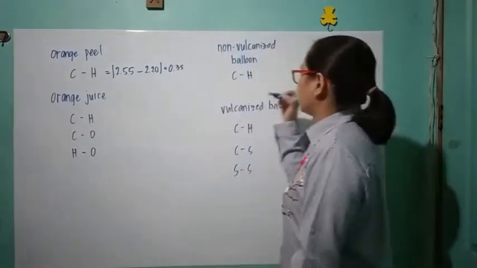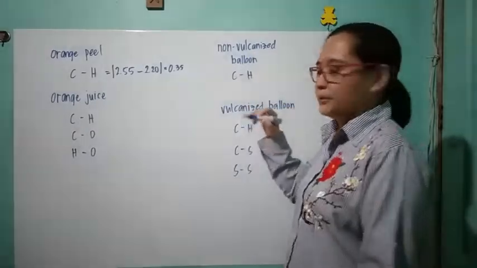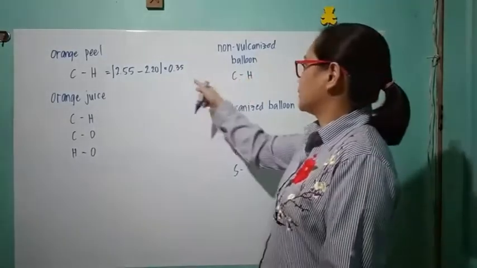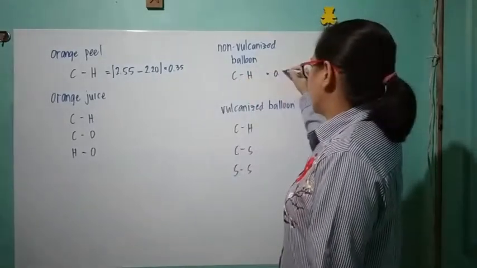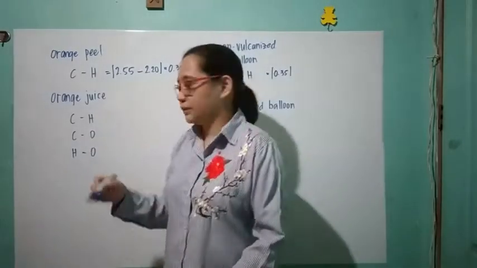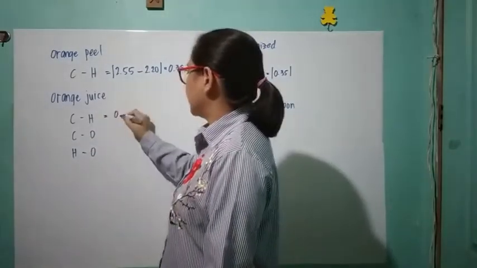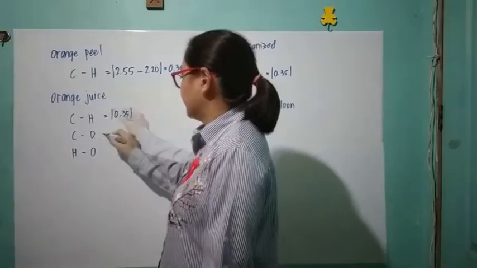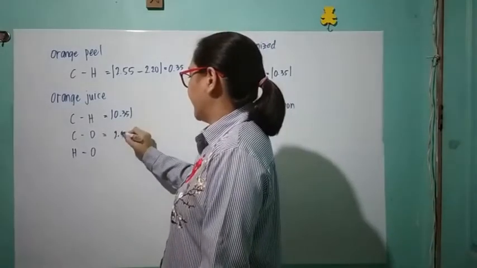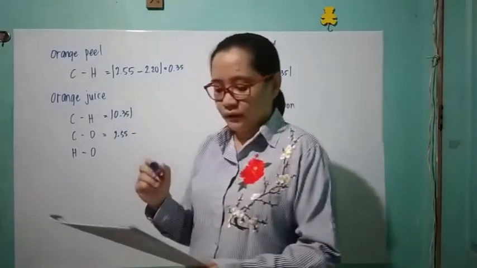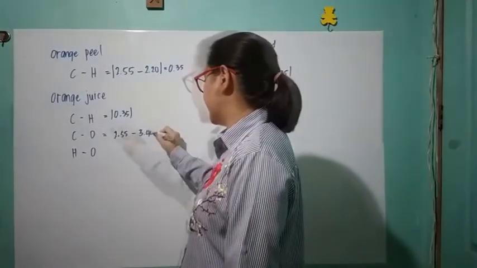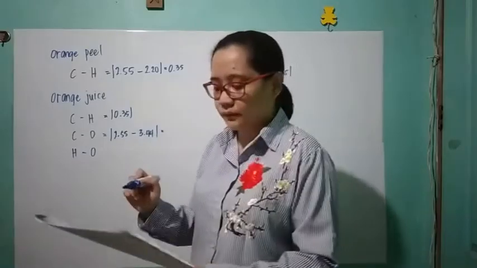And then for a non-vulcanized balloon, you also have a carbon-hydrogen bond, which will also give you a 0.35 value. While in the orange juice, you have this 0.35. For carbon and oxygen, for carbon, you have 2.55 minus oxygen, which has an electronegativity value of 3.44, which will give you a